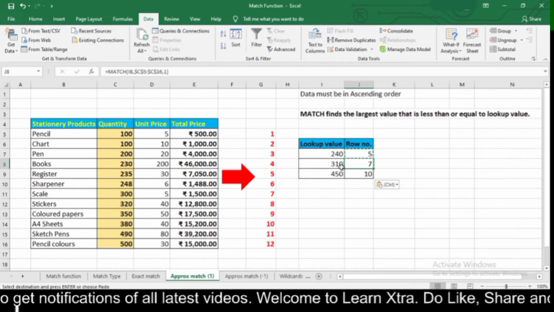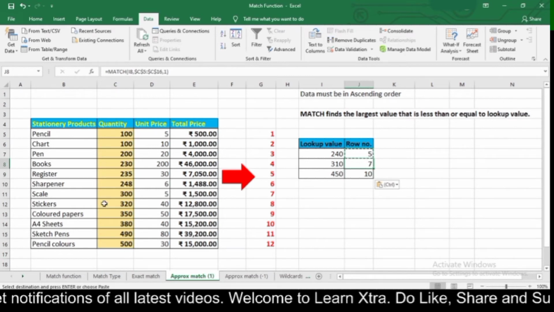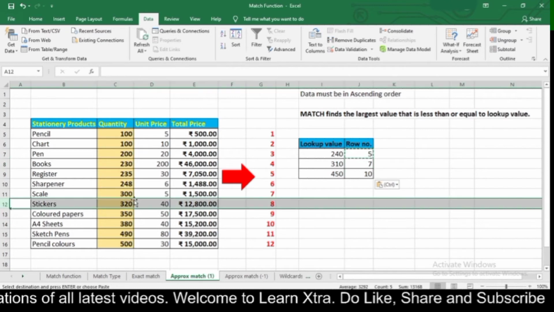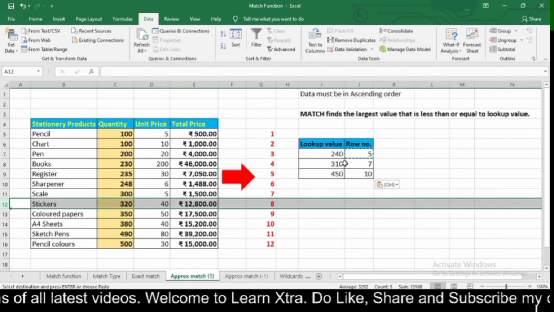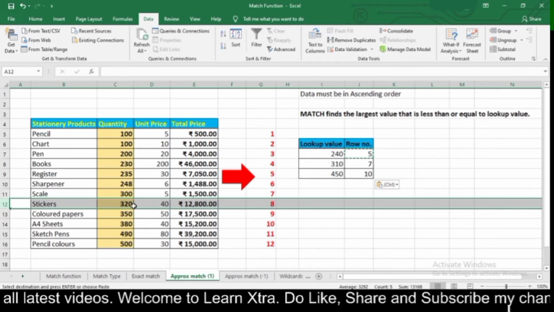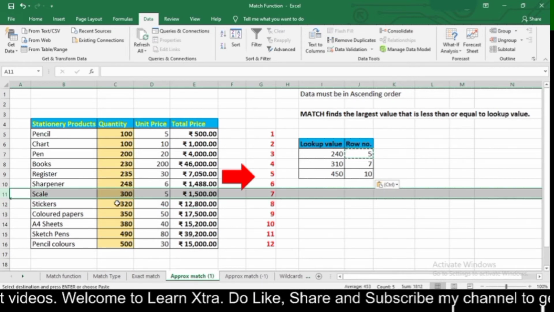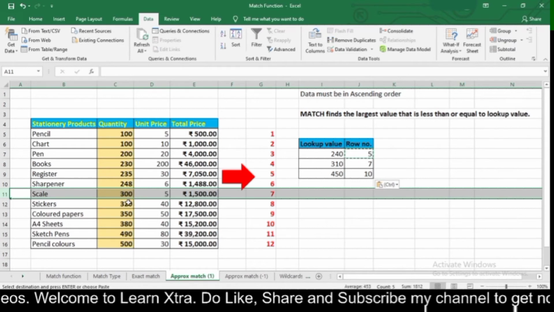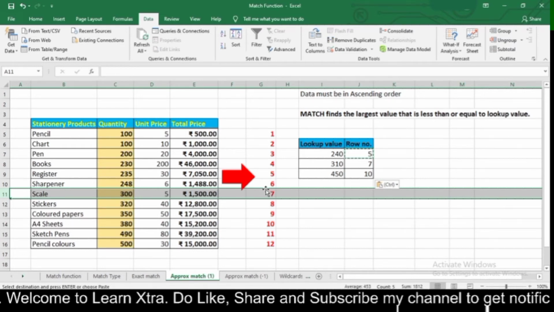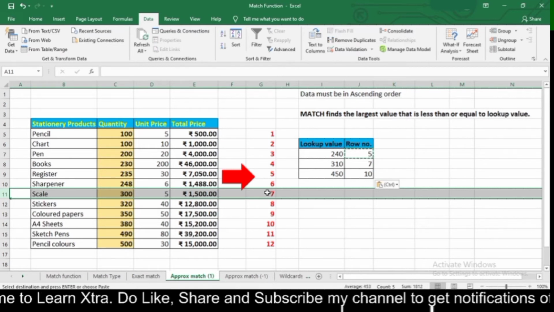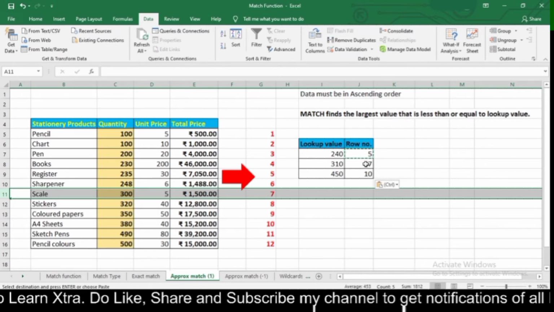So here in case of 310, I got my answer as 7, because the value more than 310 is 320 and less than 310 is 300. So 310 resides between these two values. So that is why I got my answer as 300, which is less than or equal to my lookup value.